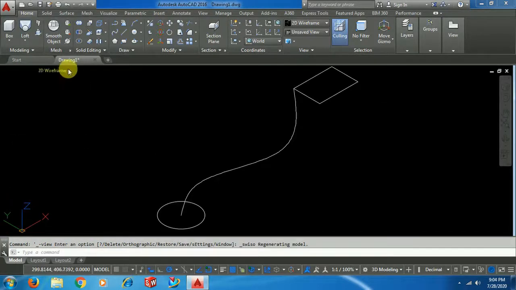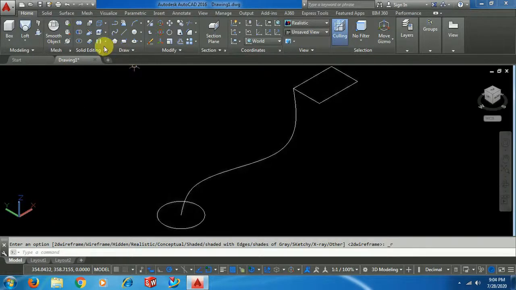Shift this to isometric. Now select the command loft.